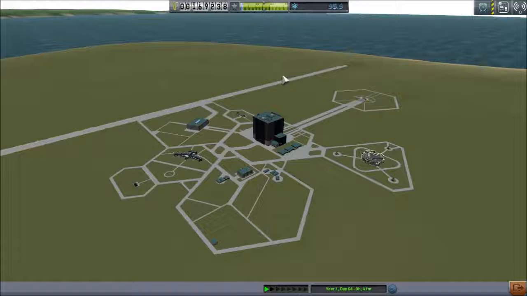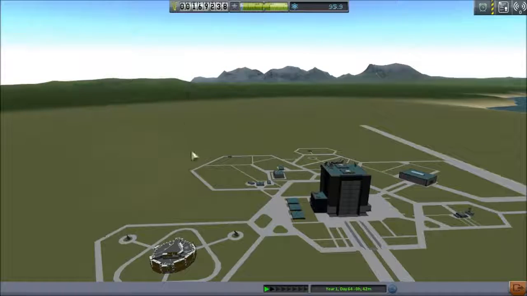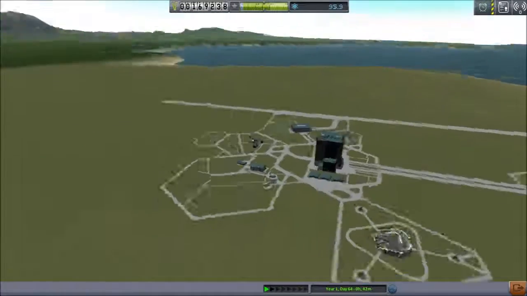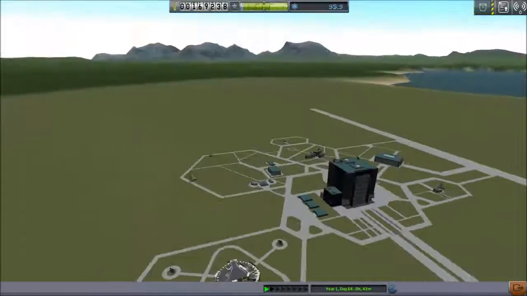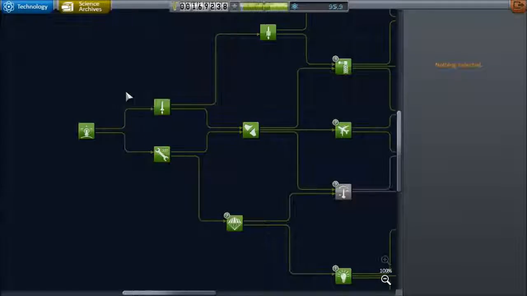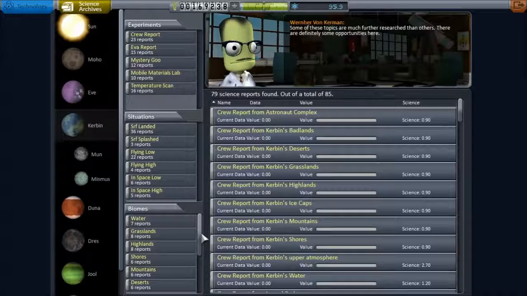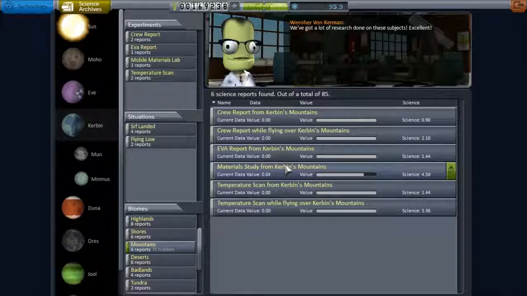flights. I got my science from the desert on the next continent to the west, that way. And from the mountains in that desert. That is to say, where were we? Kerbin Mountains. I got a material study, I got a temperature scan, I got an EVA report, and I also planted a flag